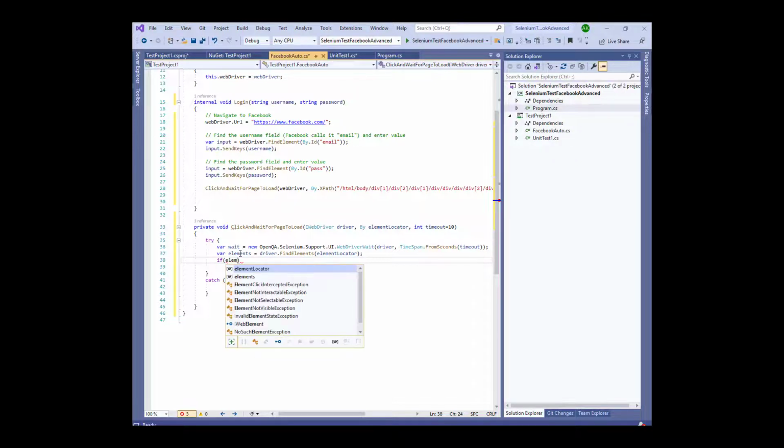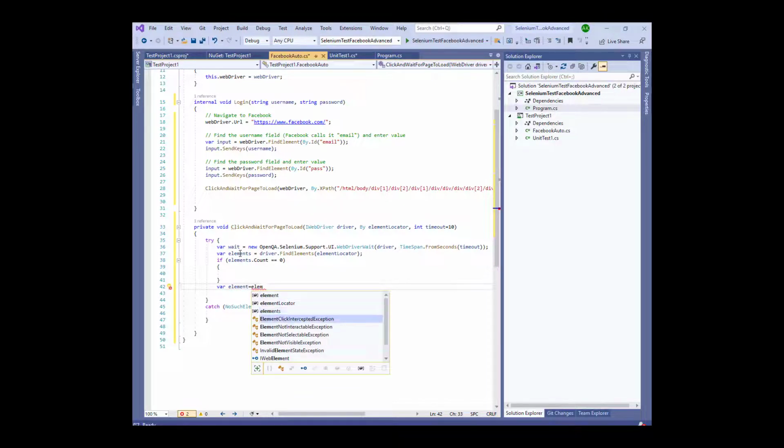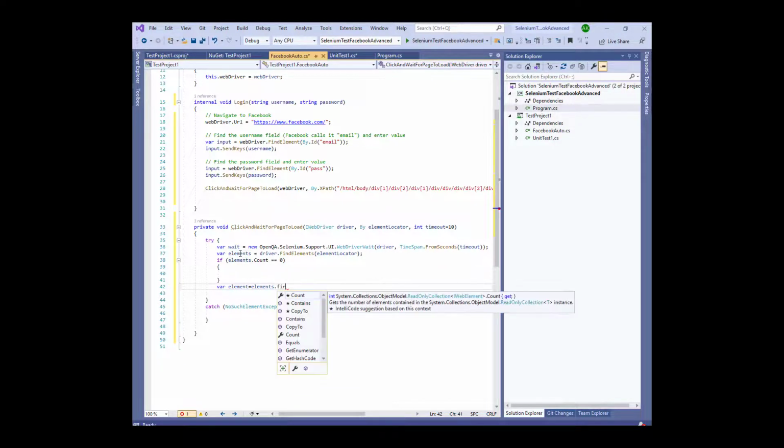So we'll check the elements, and if Count equals 0, then we just say there's no such element. If it does, then we will say var element, let's get the FirstOrDefault,